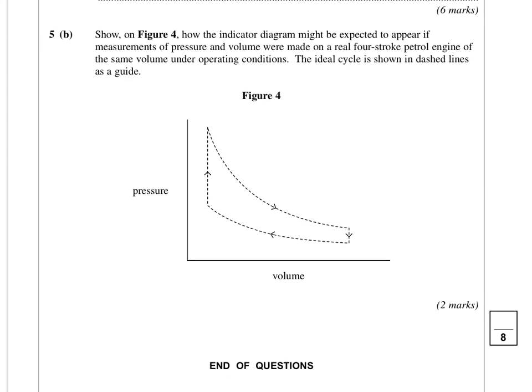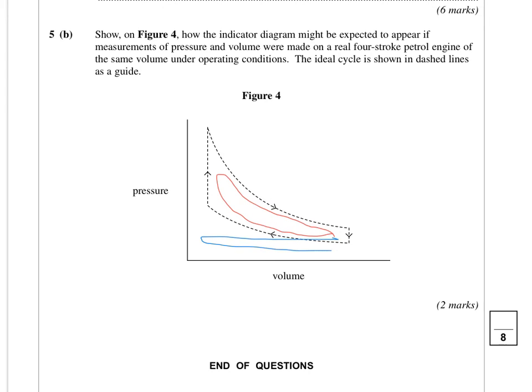Show on figure 4 how the diagram might be expected to appear if the measurements of pressure and volume were made on a real engine during the process. And remember, it's a 4-stroke engine. So what we're going to get first of all, during the working stroke, is it's always going to be on the inside and your corners get rounded off. So that's during the actual working stroke, but remembering it's a 4-stroke engine, you're also going to get